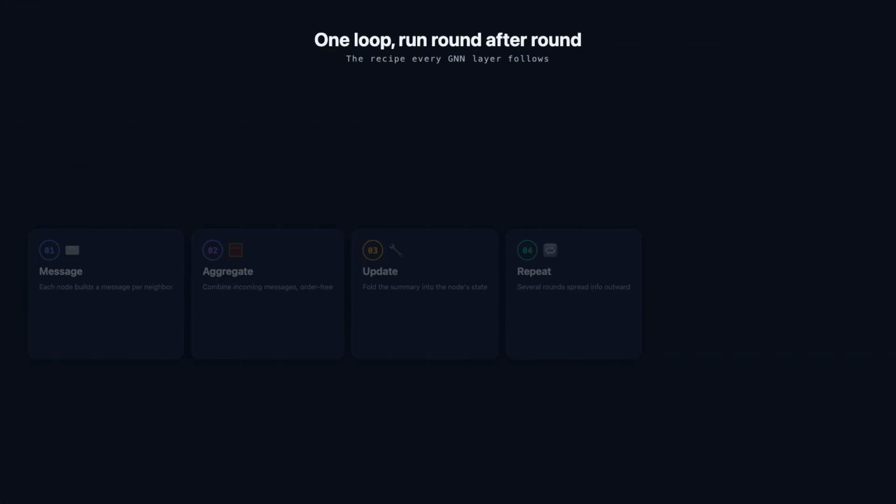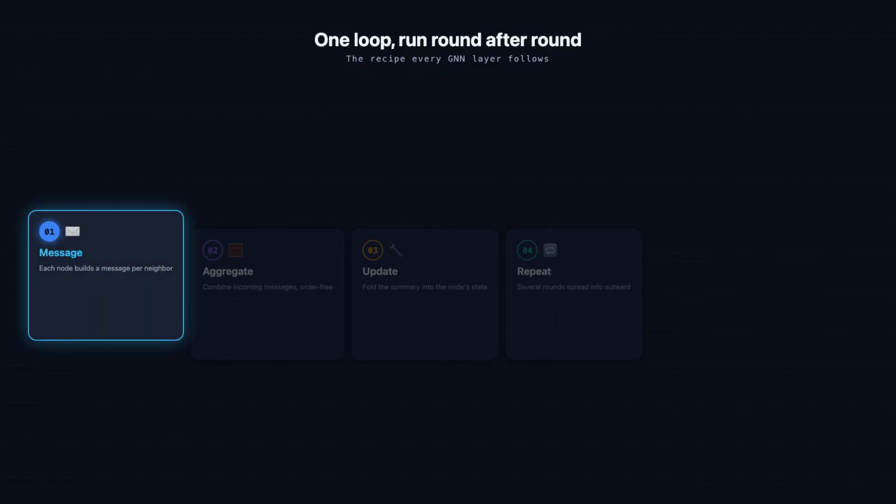Message passing is really just one loop that every graph network runs. Follow it once, all the way through, and the whole family suddenly clicks into place. First, every node builds a message for each of its neighbors. That message is computed from the node's own features, its neighbor's features, and sometimes the connection between them. Think of it as what this node wants to tell each of its contacts, tailored a little to who's on